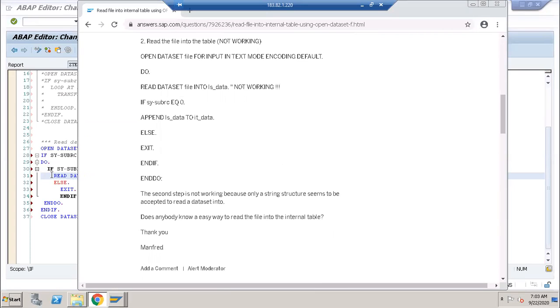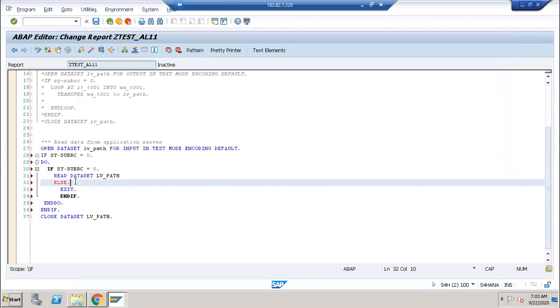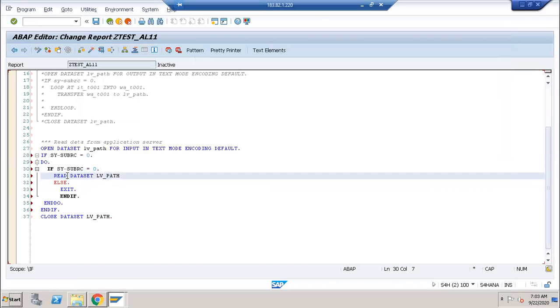Here they have given like that. They are taking the DO statement. In this DO, READ DATASET file name INTO work area, they are taking like that.